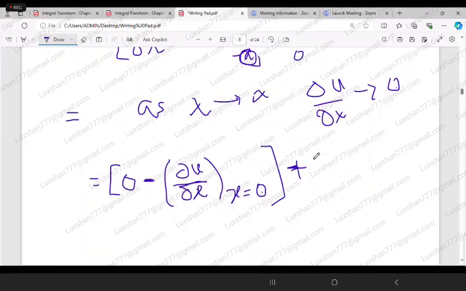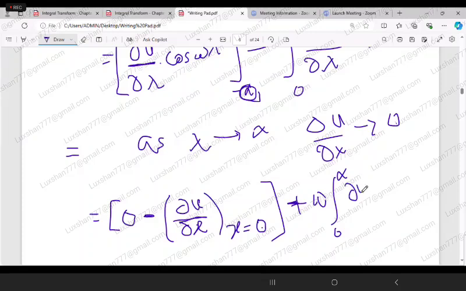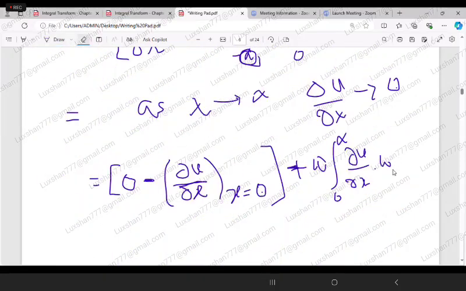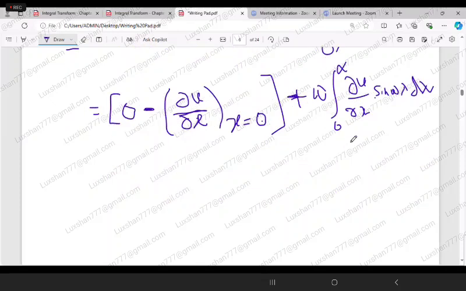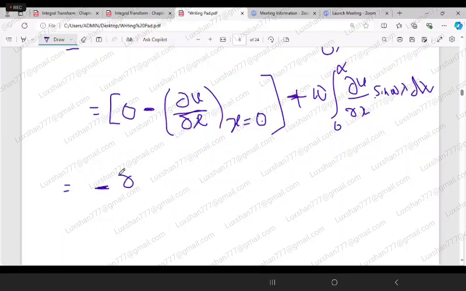So that becomes plus omega, integral 0 to infinity, ∂u/∂lambda sine omega lambda. So this is equal to, look at here, minus ∂u/∂x as x tends to 0